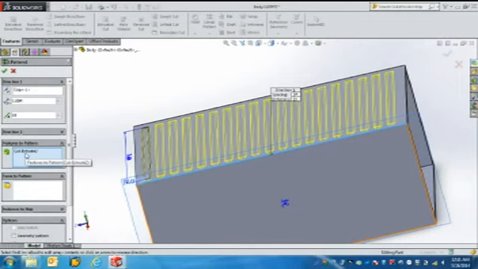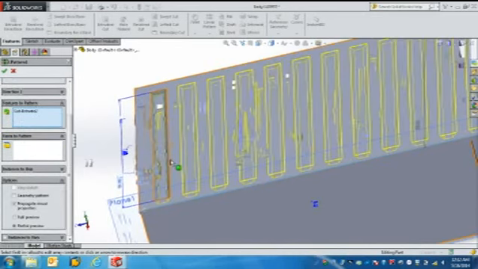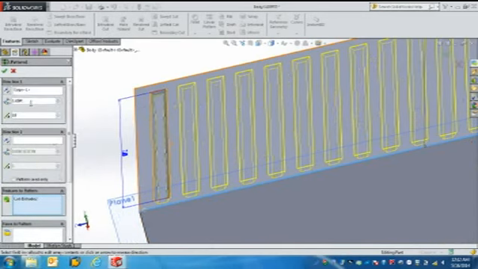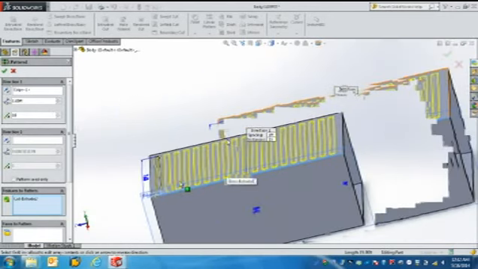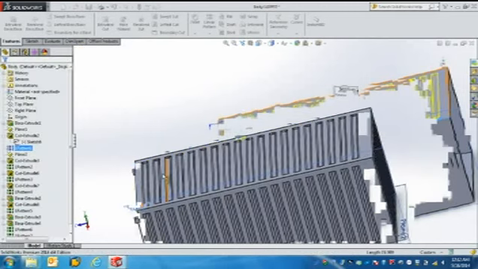We have chosen the feature to pattern as extrude cut 2, that is this extrude cut, and we have to give the distance between these patterns, which I have given here as around 1 feet, and I have set the pattern to repeat to 19. These slots are 19, which are repeated after every 1 feet. So here we end up with the slots on the roof of the container,